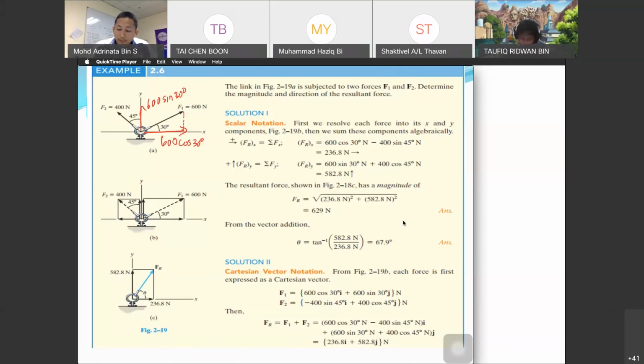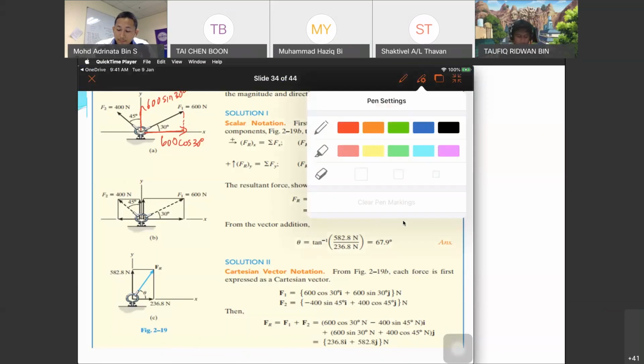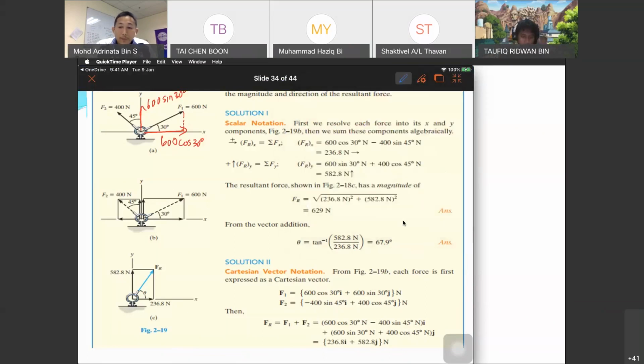Next, we have F2. F2 we have in X direction to the left. Okay, X direction to the left, what is the value? What is the magnitude of F2 in X direction? Okay, 400 times,